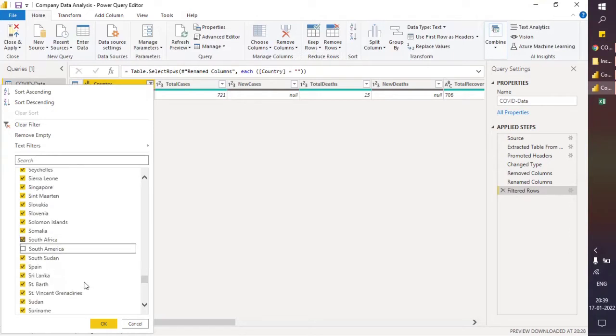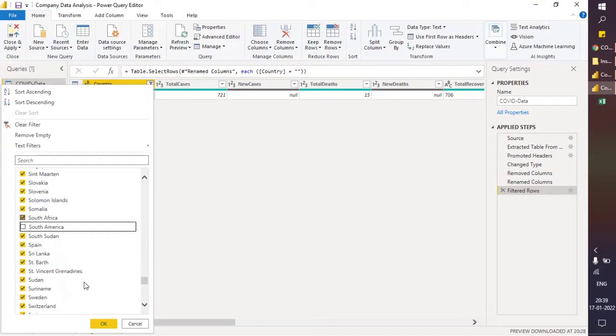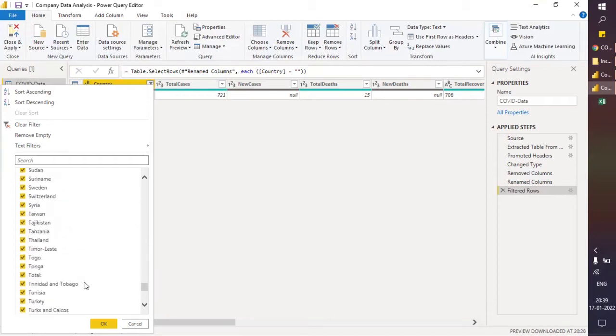Australia will be a continent and a country both. Yeah, it will be a country, so we can keep that. Then Africa will be there. Yes, Africa.